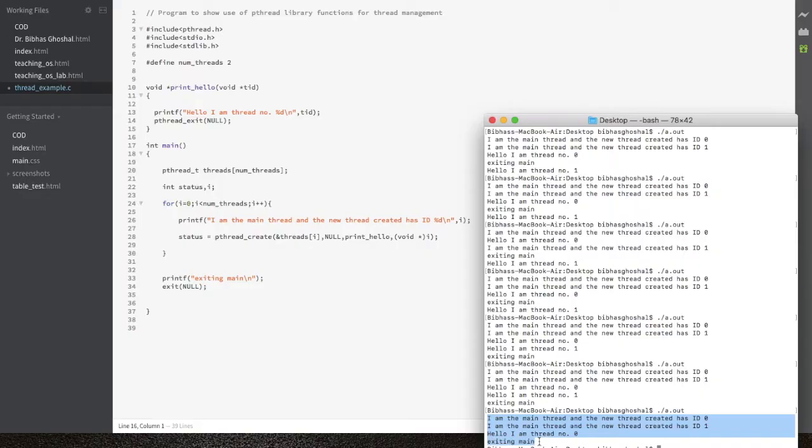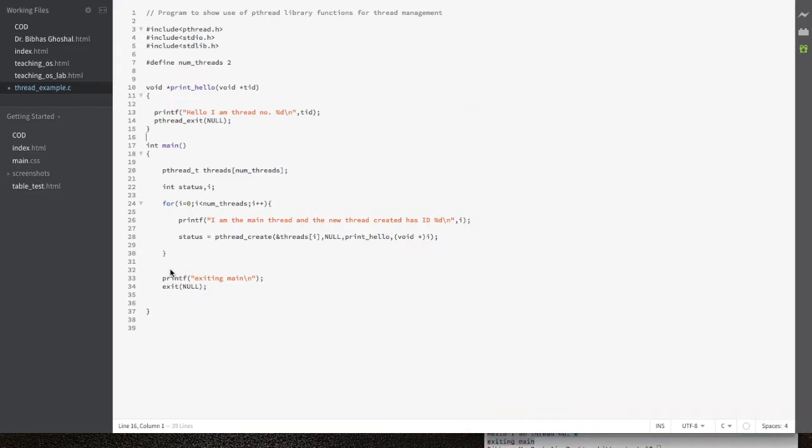That is, if a particular schedule allows the main thread to exit earlier than the two threads, which in this case is thread number 1, then that thread will never get a chance to execute. So the solution to this problem is that the main thread should wait for the other two threads before exiting. And the way to do it is by use of something called